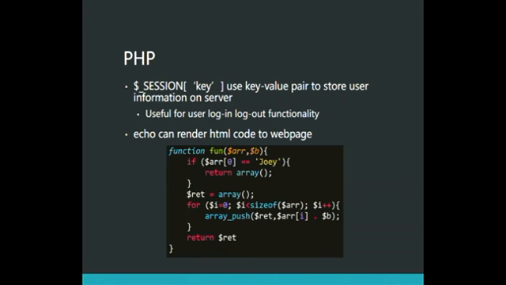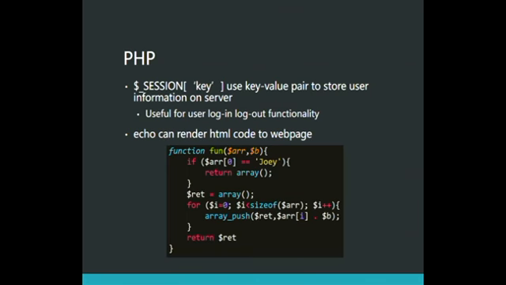So for example, if I go to my website and make a login, after my login, my server is going to store my username in the session variable. And any time we render the page, we can look for whether the username is set in the session variable. If it's set, it means the user is already logged in. You can use it for other purposes as well. It's specific to users, so you don't need to worry about others using your information. You use echo to render HTML code to the web page,